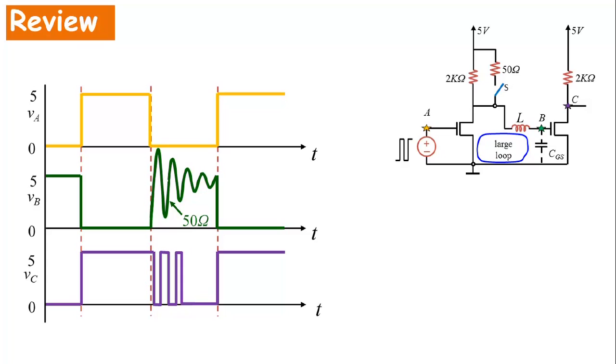Now, let me start with a quick review. In the last sequence, we did the example of a pair of inverters that looked like this. This was node A, this was B, and this was C. I showed you the following equivalent circuit for those inverters. We said that if I applied voltage A at the input of the first inverter, and tried to speed up node B by turning on switch S,